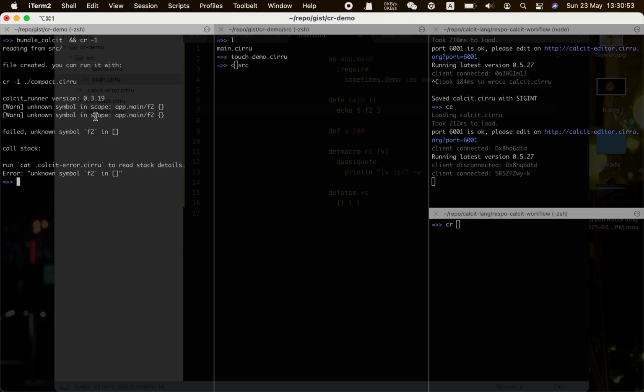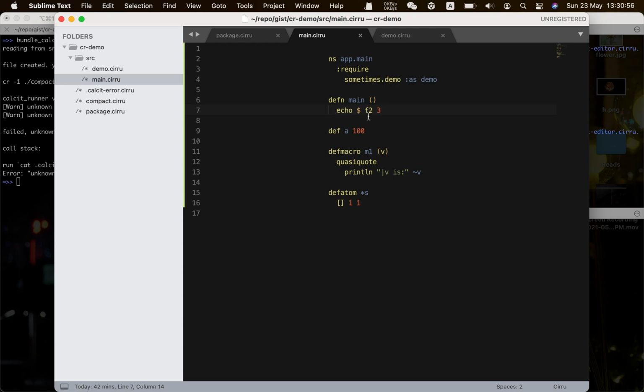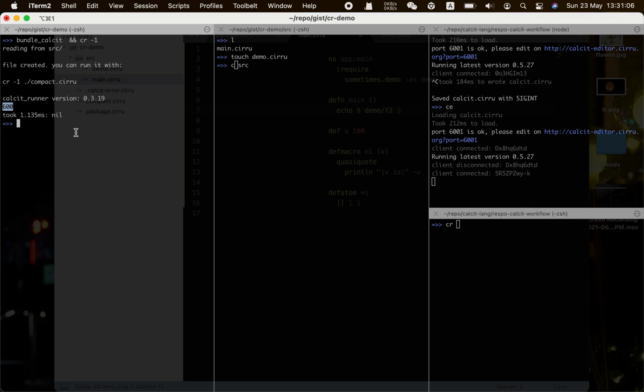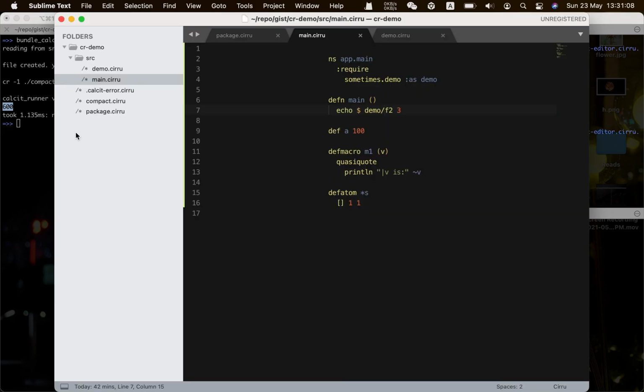Oh, unknown symbol F2 here. F2 because it's under namespace. You have to actually use this demo here. So now it runs with 600, and another way to use it is referring by the function name, which is